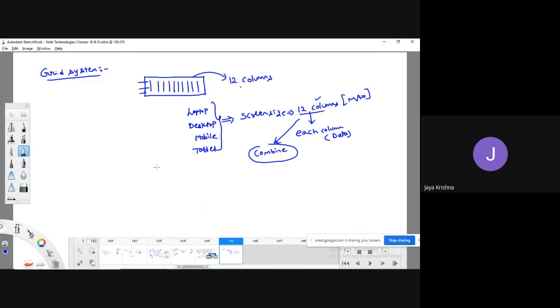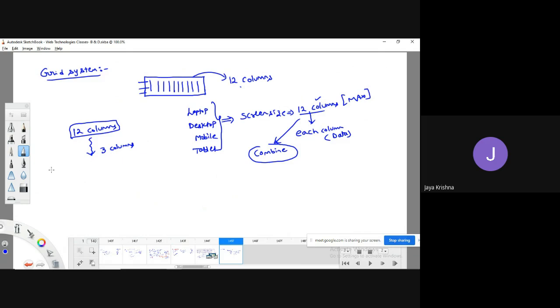For example, guys, I have 12 columns. I'm just giving briefly the concept. I have 12 columns, which we call a single row or a single screen size of single row. For example, I would like to divide these 12 columns into 3 columns. What are the different possibilities I can divide? I can divide in 12C3 ways.